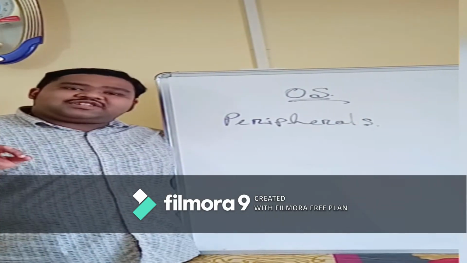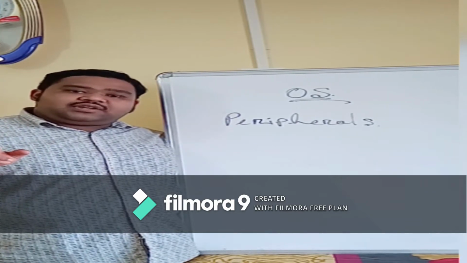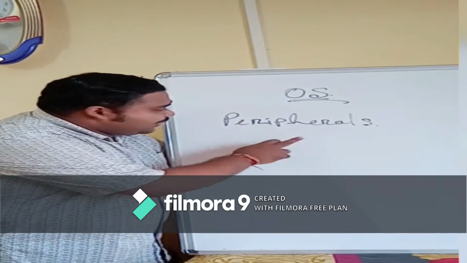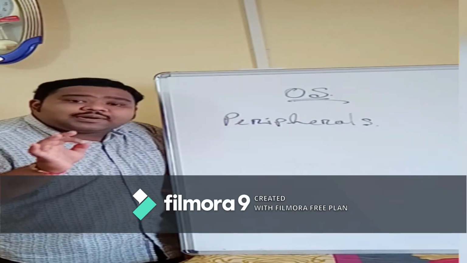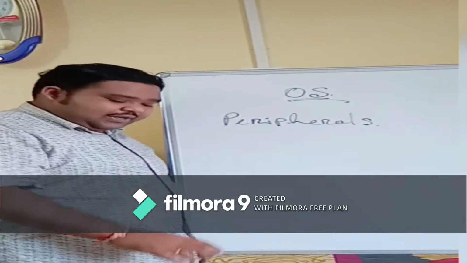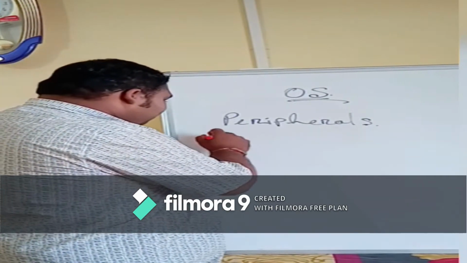So it manages files, folders, then it manages the memory. Memory management is done by the operating system. Then handling of the peripherals, okay, or management of the input and output devices are also done by the operating system. Now as per your syllabus, there are different types of operating system.